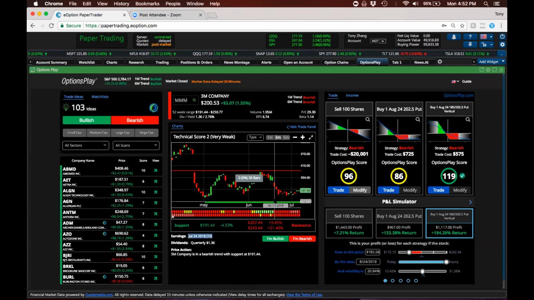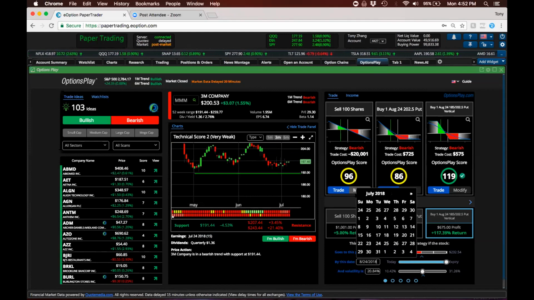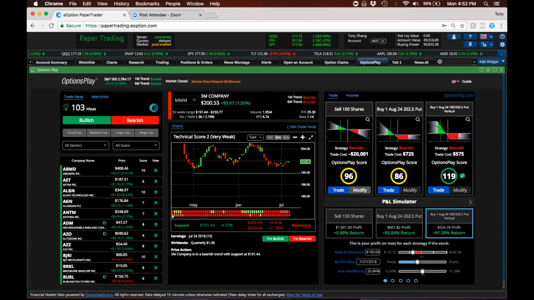So let's take a look at Eli Lilly. This was just trading at 190 just a few days ago. So let's make that assumption of what happens if it goes back down to 190 a few days after earnings. So earnings is July 24th. So what happens if on the 26th or 27th, and we know volatility comes down after earnings. So let's take a look at that. So what does that look like? If I had shorted the stock, I make about a 5% return. Which is good, but not super attractive, right?